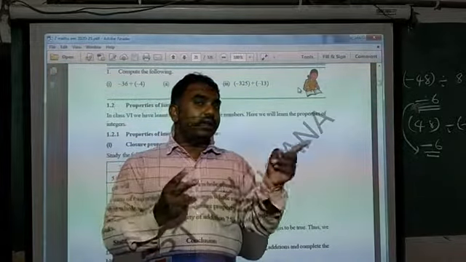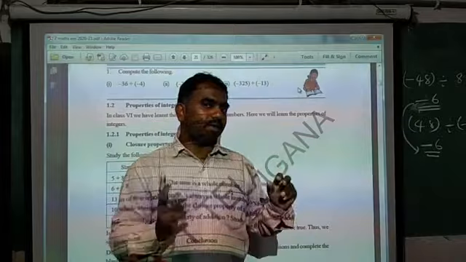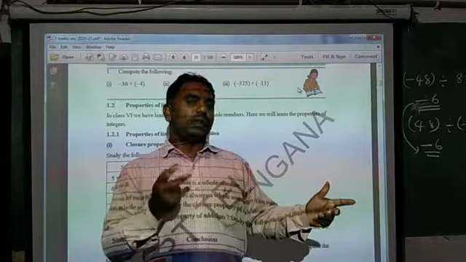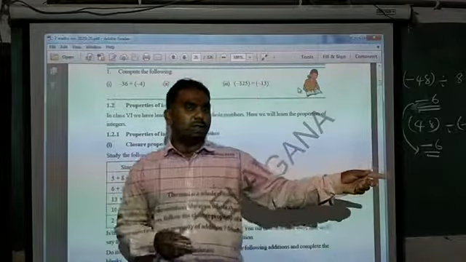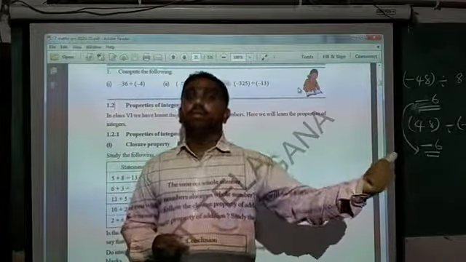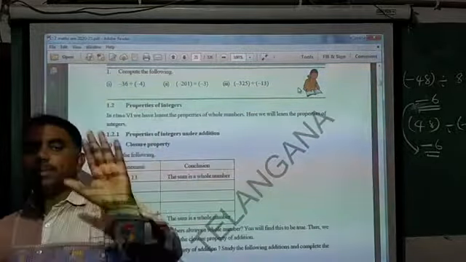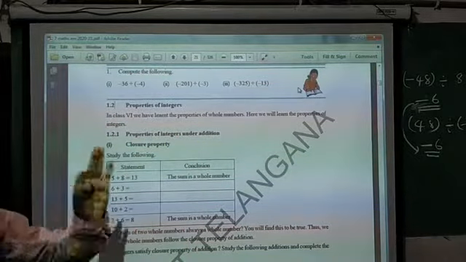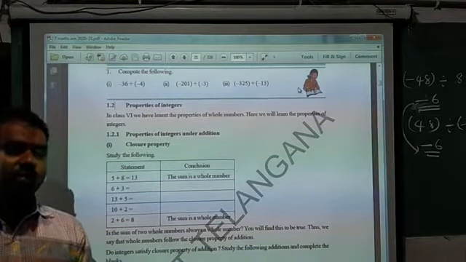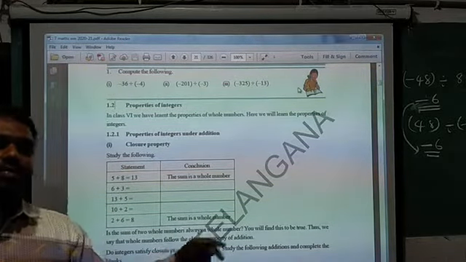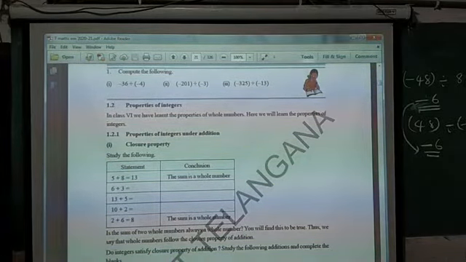If both are the same, we get plus. Minus, minus, plus. Plus, plus, plus. If both are different, plus and minus, minus. Minus and plus, minus. When both are different, we get minus. When both are the same, we get plus. So if you remember this combination, you can answer multiplications and divisions very easily, because multiplication and division are normally the same, but only the symbols combination we apply. If you remember these things, you can answer very well.